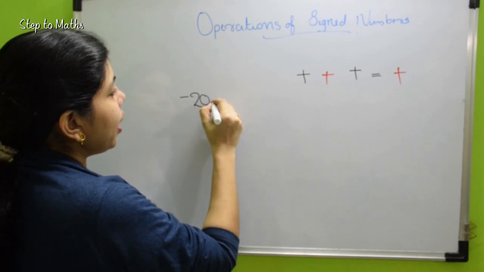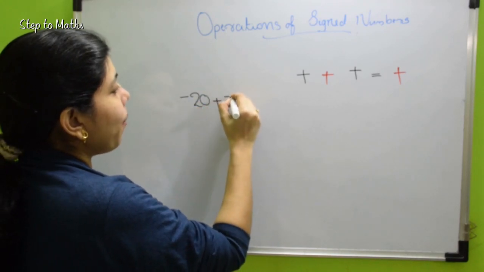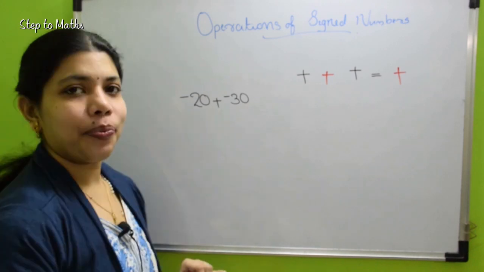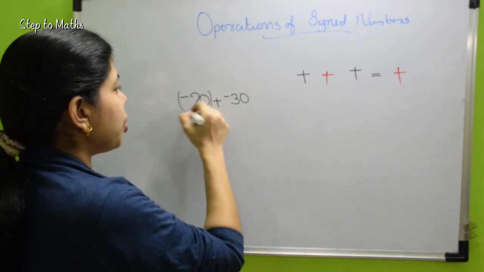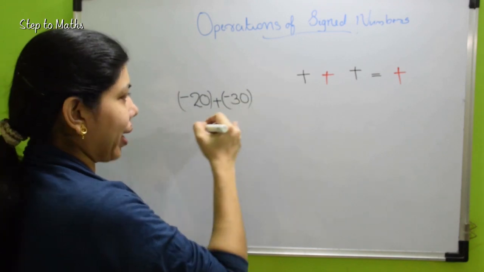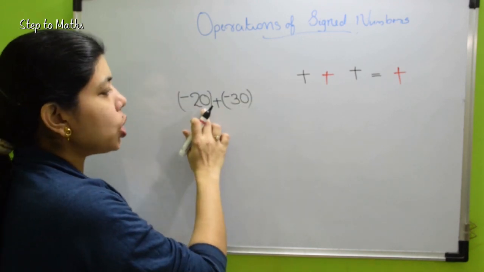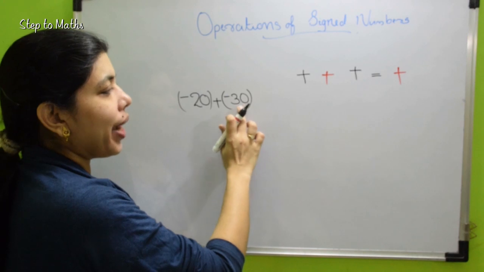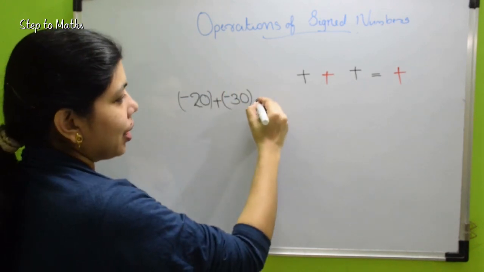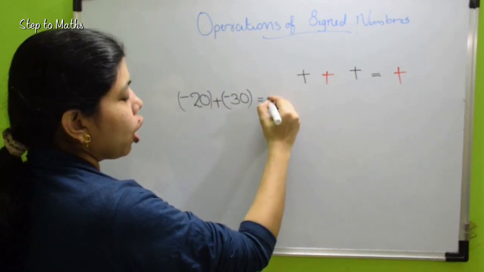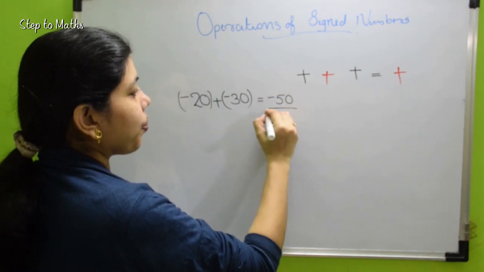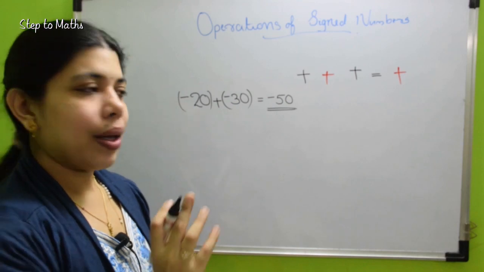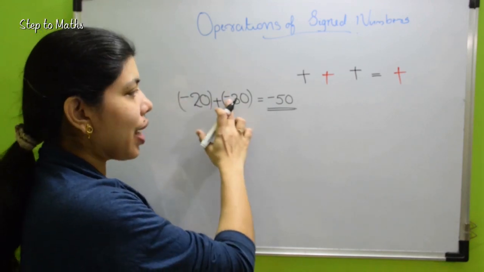Minus 20 plus minus 30. In order to avoid the confusion, we can put these numbers in brackets. So minus 20 plus minus 30. The sum is minus 50. If two numbers are negative